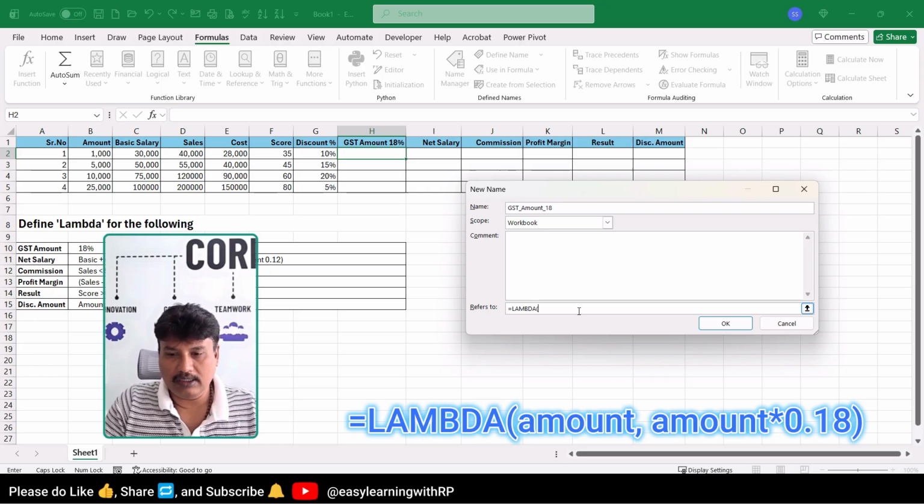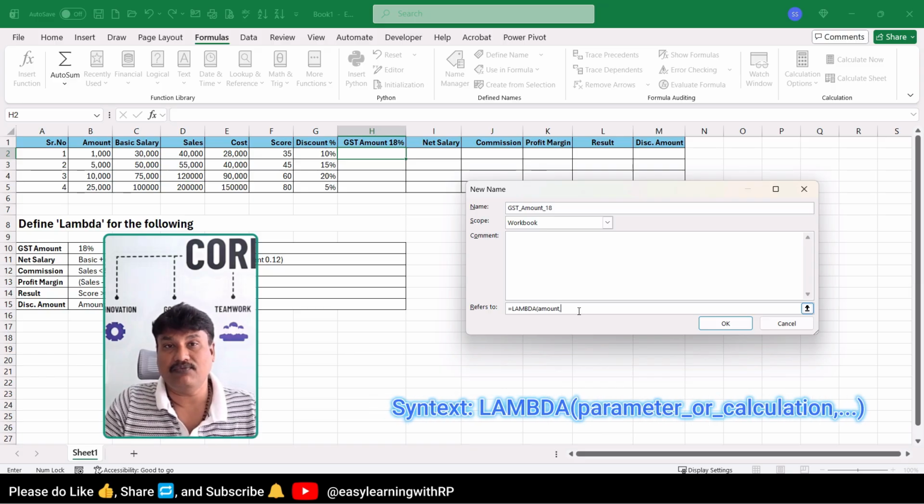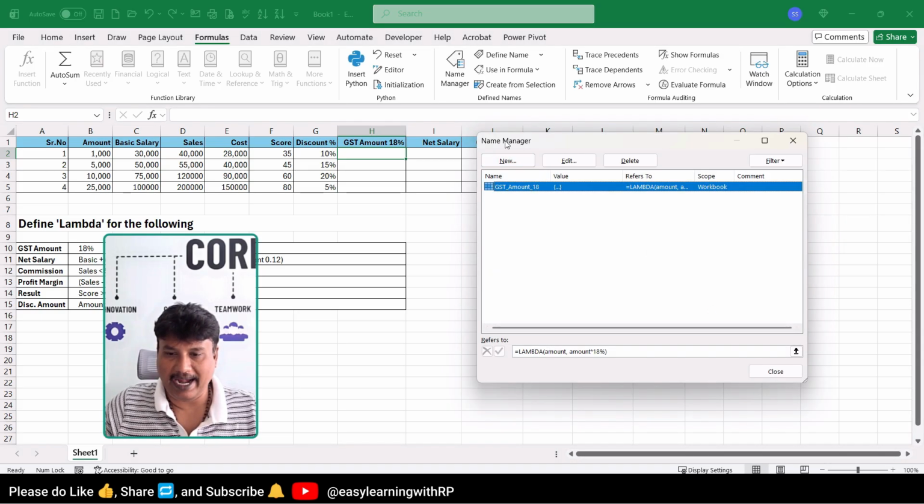Okay, so the value is going to be amount. I can name it anything like A, B, C or something like that, but let me put a relevant name so it explains more. I am just going to say amount. This is the parameter name we are going to use in the formula. Here we are not going to refer to any cell address or anything, but use it as a parameter value. Okay, so lambda amount, and we need to put amount times 18%. This is the same formula that we have applied outside over here. Okay, and when I click OK, it is going to add to the Name Manager.